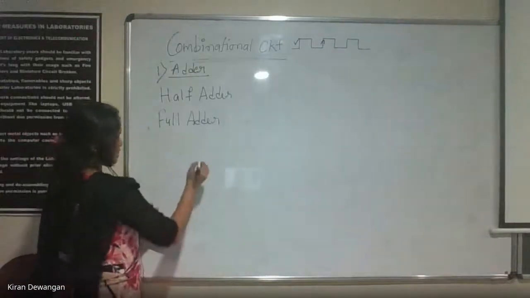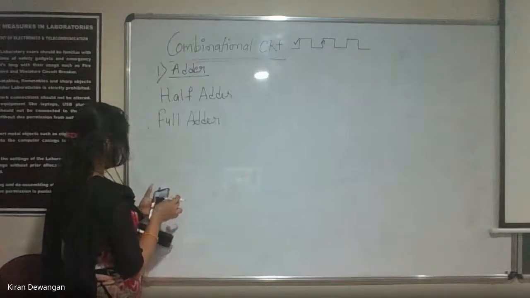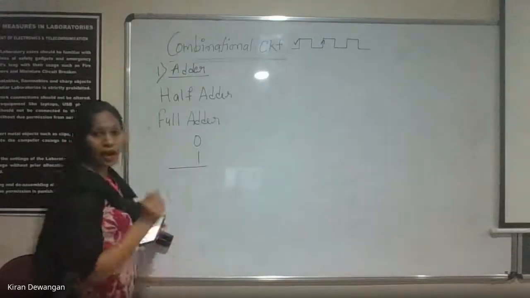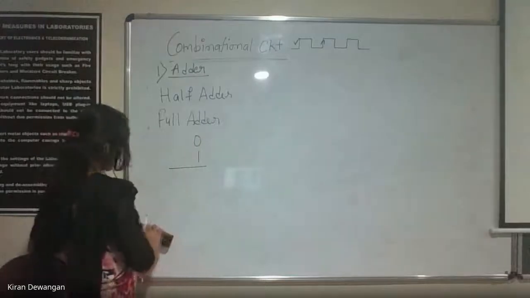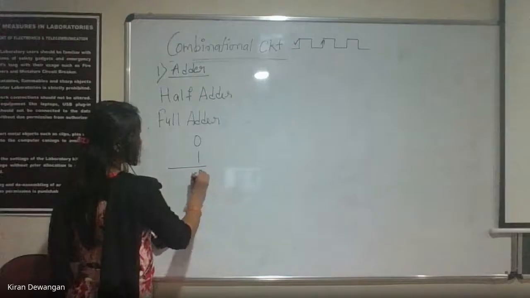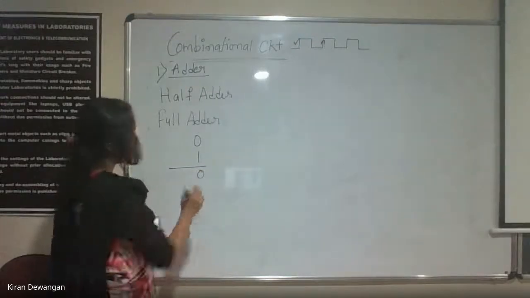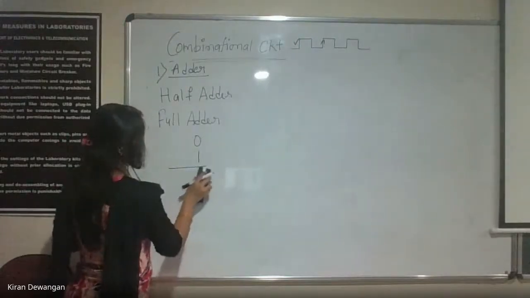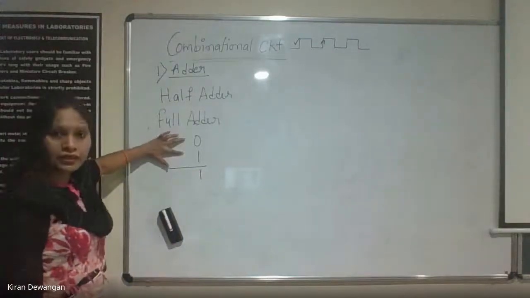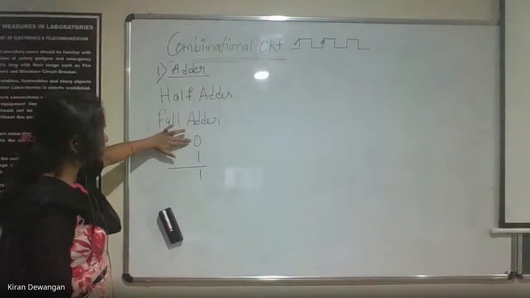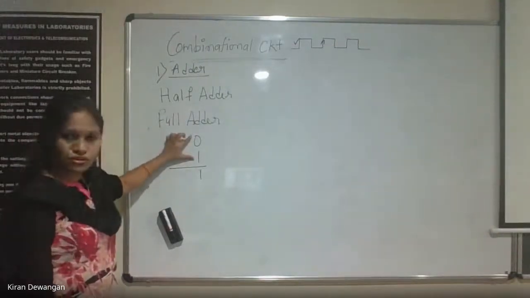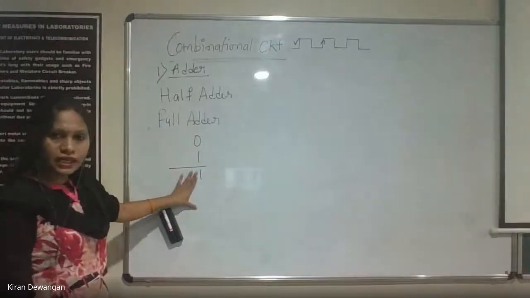If suppose I'm adding 0 and 1, this is just a binary addition. What will happen? This is 0. Clear? Sorry, this becomes 1. ठीक है? This is just a single bit. एक ही bit है. This is our first input. This is our second input. So depending on these two combinations, we'll be getting a certain output.